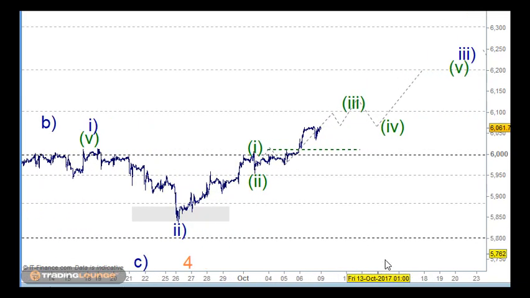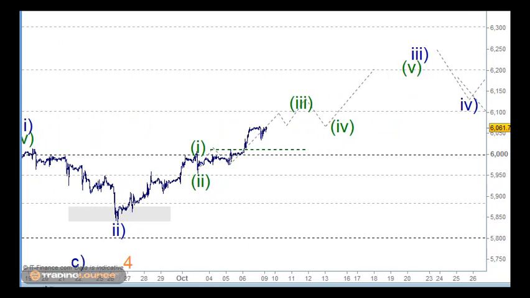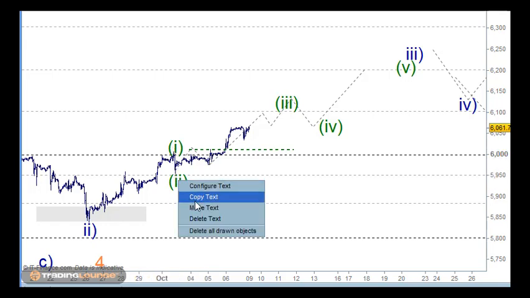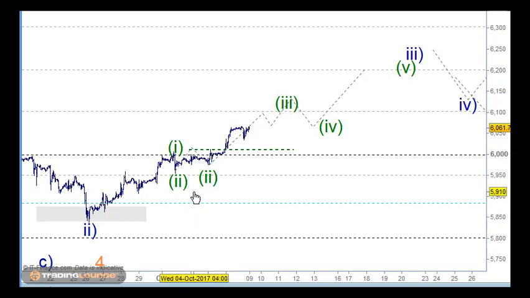But even so, when I look at this structure here, this is a little bit hard to count, but I can see that we've got wave 1 and wave 1 here, an A and a B and a C for wave 2, then 1, 2, 3, 4, 5 for the third wave, the fourth wave here, and I can see 5 waves in here. So we've got a 5-wave structure to here, and then the corrective pattern here. This corrective pattern here too could be wave 2 as well.